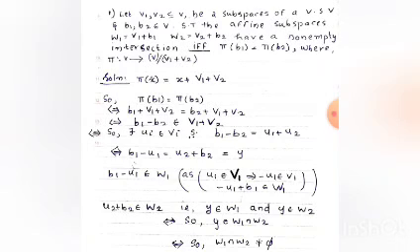from which we can conclude that there exists a U1 belonging to V1 and a U2 belonging to V2, such that B1 minus B2 can be written as U1 plus U2. So if we take U1 to the left side and B2 to the right side, then we can write B1 minus U1 equal to U2 plus B2. So they are both equal. So if we call that element Y, then